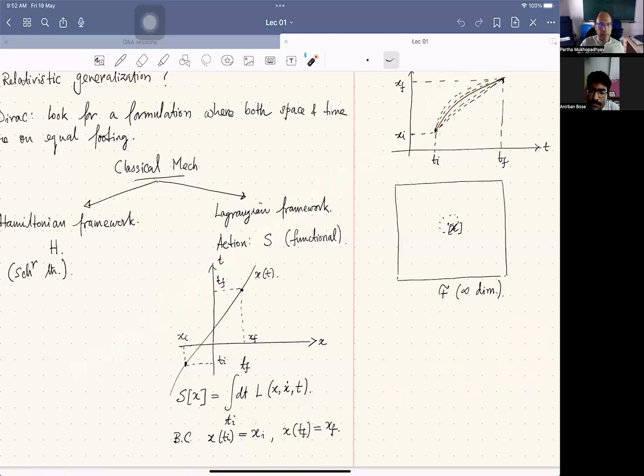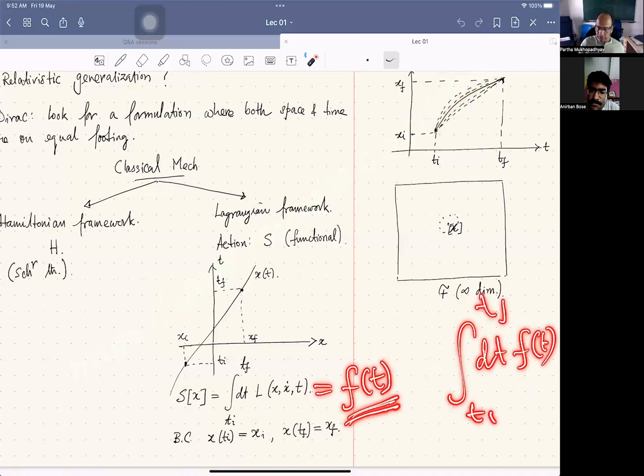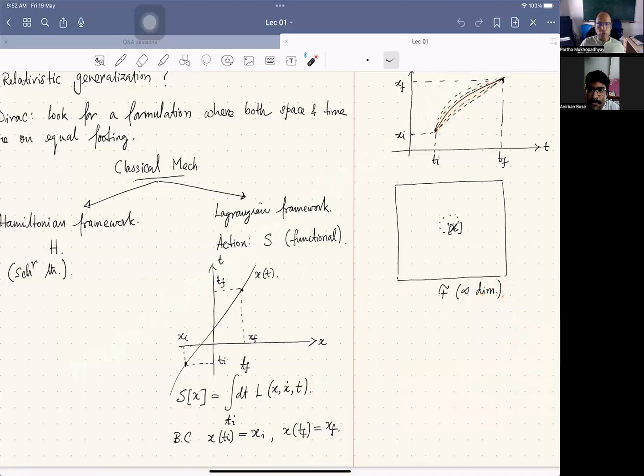Then after you complete this process, what do you get? You get something time dependent, right? So that I'm calling, say, f of t. After you get f of t, you integrate f of t from ti to tf, right? That would give you the result, some real value, and that is the result for action for the particular path that you had chosen, in this case here. That is the procedure. So you pick a path,